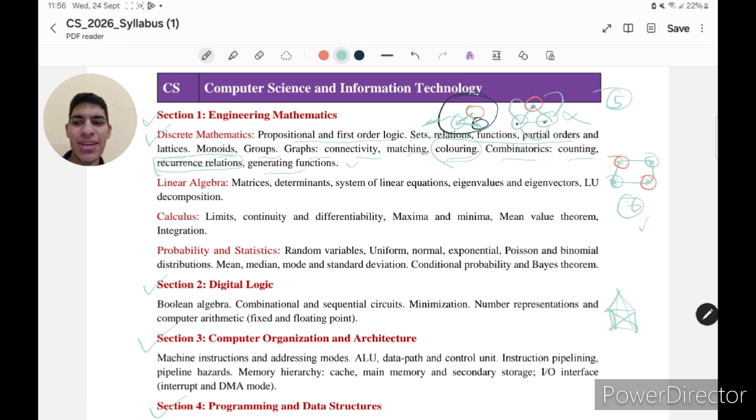Means it's actually kind of a mesh, having n into n plus 1 divided by 2 number of edges, or n into n minus 1 divided by 2. That's it. Okay, so similarly, you actually need to learn what questions could come from different sets of